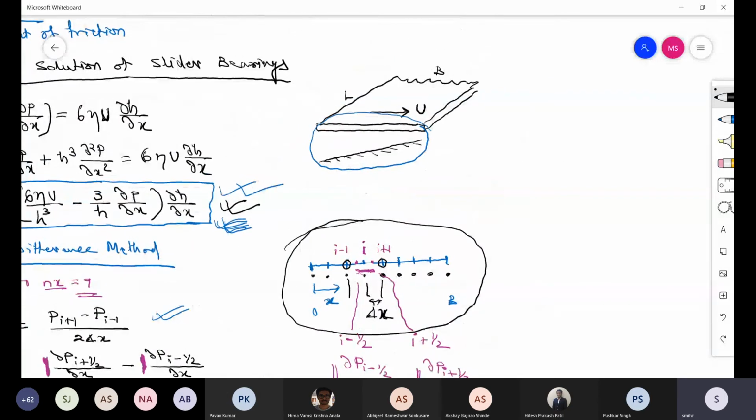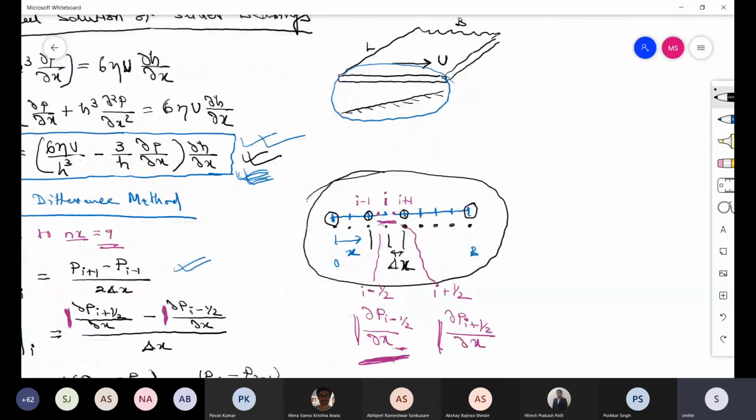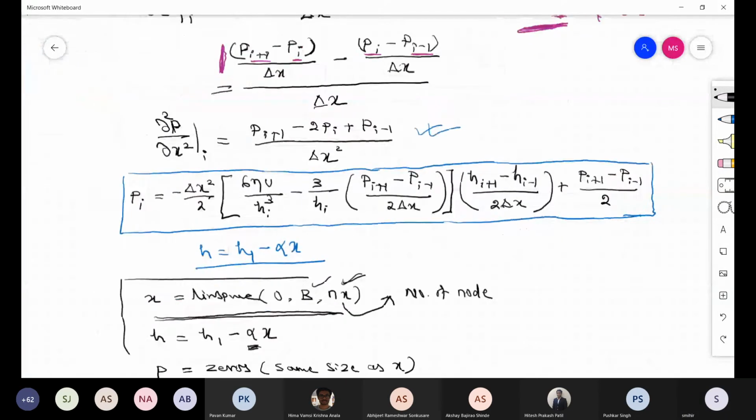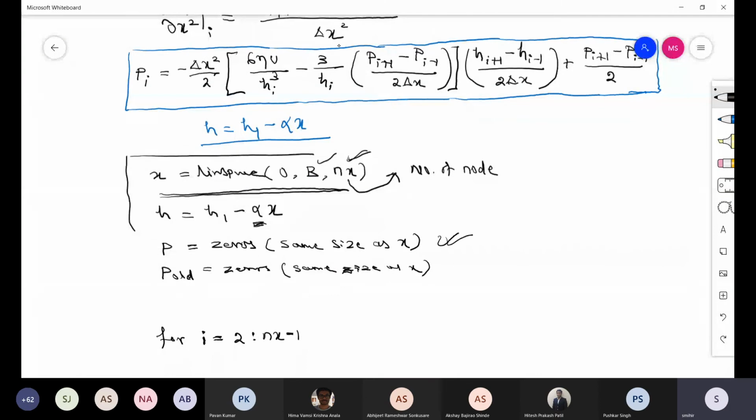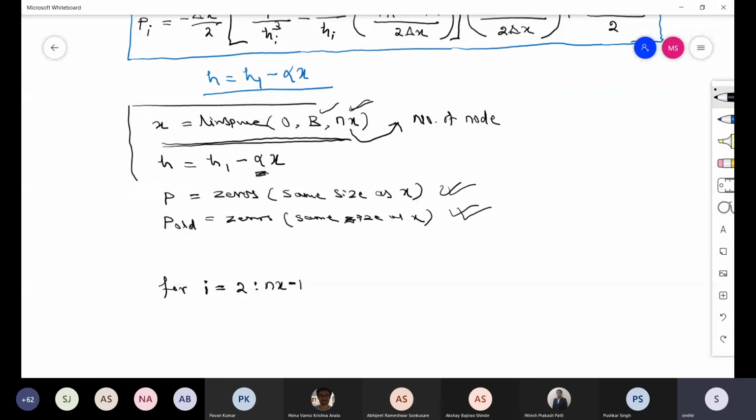You can see as per our setup, this first point and last point belong to the boundary and both are 0, and we have already taken care that here we have taken everything 0, so obviously the first and last points are 0, remaining 0, so we are not solving for it. So now, straightforward, you write P of I